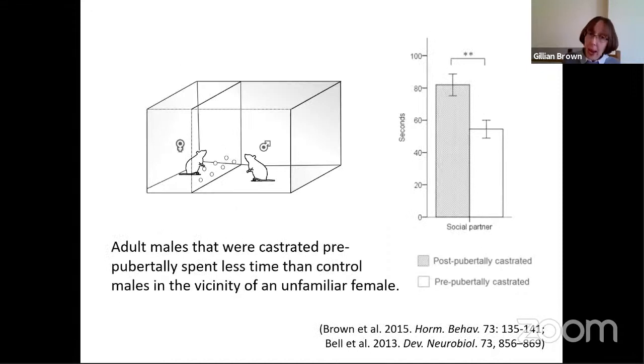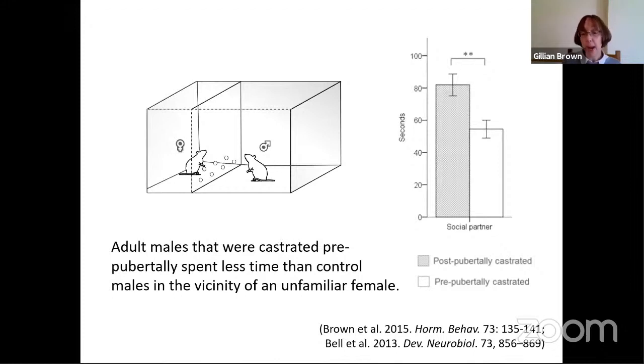We also looked at social behaviour. So the males, again, that were either castrated before or after puberty, those that were exposed to testosterone during puberty, so the hash bars here, are spending more time in close proximity to an unknown female social partner, and the ones that were castrated before puberty, so haven't had testosterone exposure, appear to have a reduced motivation to engage with